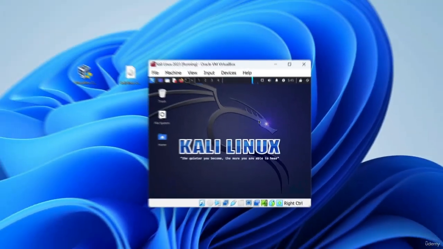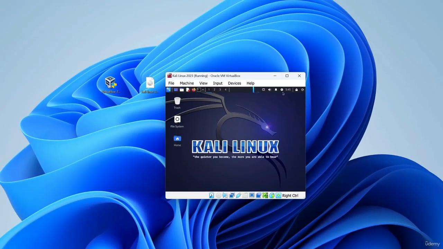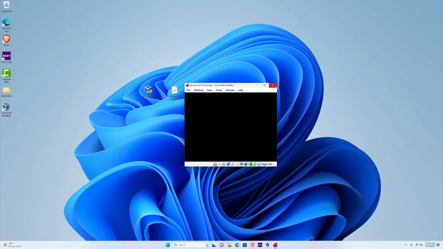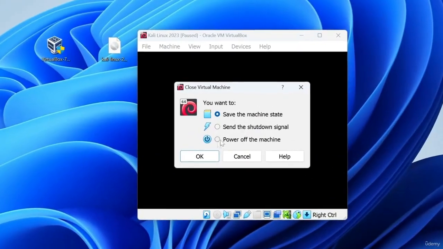Now, to enlarge this window, usually all you need to do is simply enlarge this window, lower it once again, and enlarge it once again. But here is our first error. You might have noticed that my screen went black, and that can happen to you as well. What I would do in this case is lower the screen and close the virtual machine, and I can do that by clicking on X and then clicking on Power off the machine,